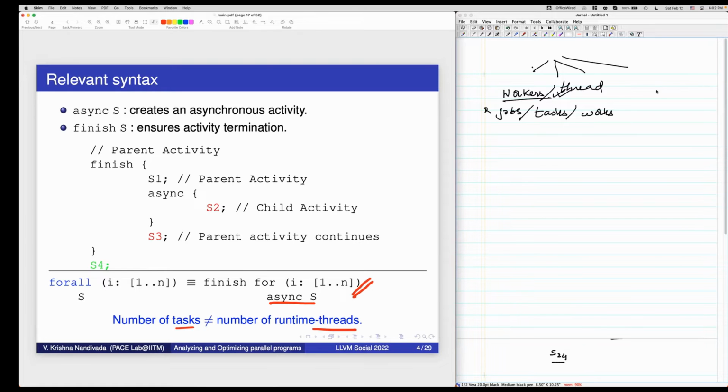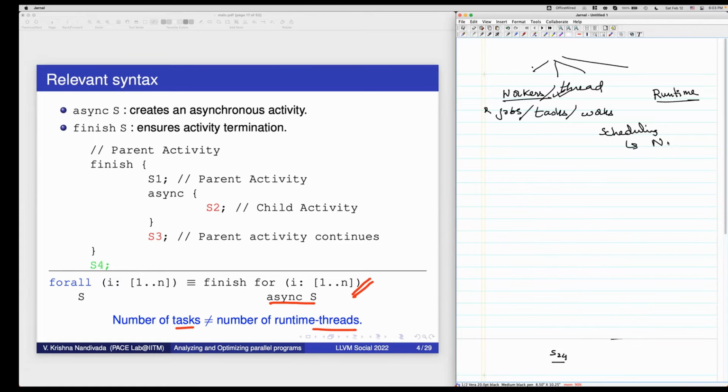Typically, it is left to the runtime, which may take some input from the compiler to decide which worker gets what job. That is called scheduling. It's a very important problem. Even under restrictive scenarios, optimal scheduling is an NP-complete problem.